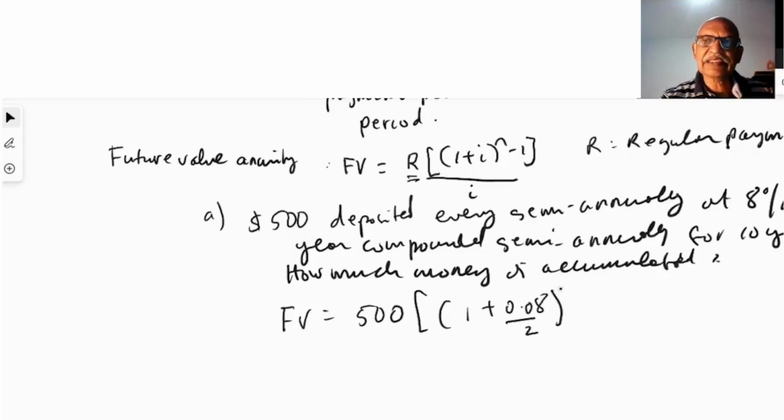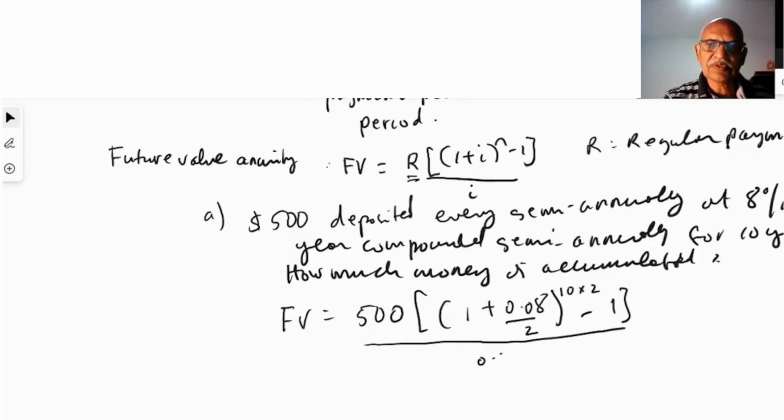N is the number of compounding periods. There were 10 years, so I do 10 times 2 because there are 2 semi-annual periods in 1 year. In 10 years we have 20 semi-annual periods. Minus 1, divided by I, which is 0.08 divided by 2. Attentively I do the calculation. I can do it step by step because it's not very easy to calculate this. So if I do the right calculations, I will have